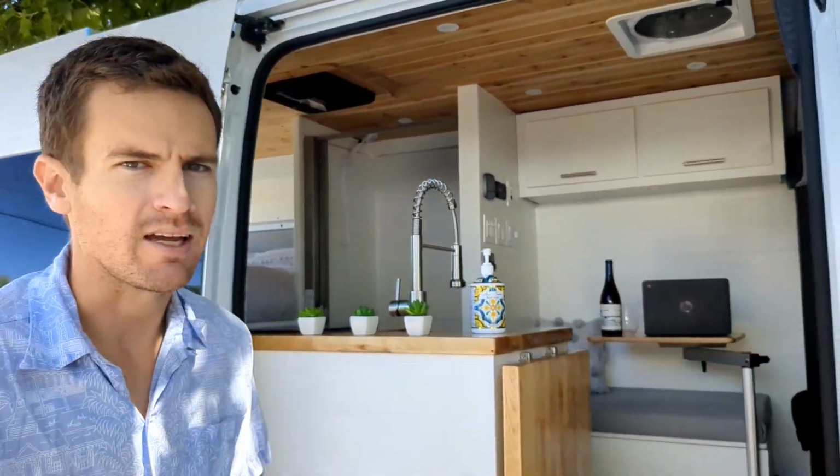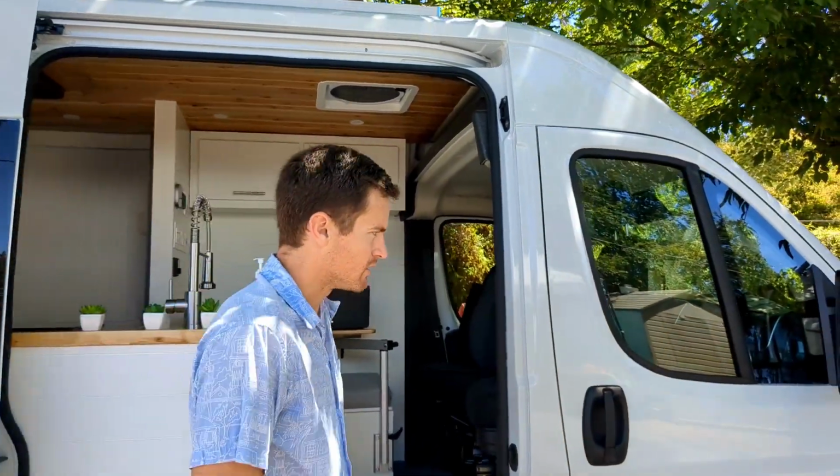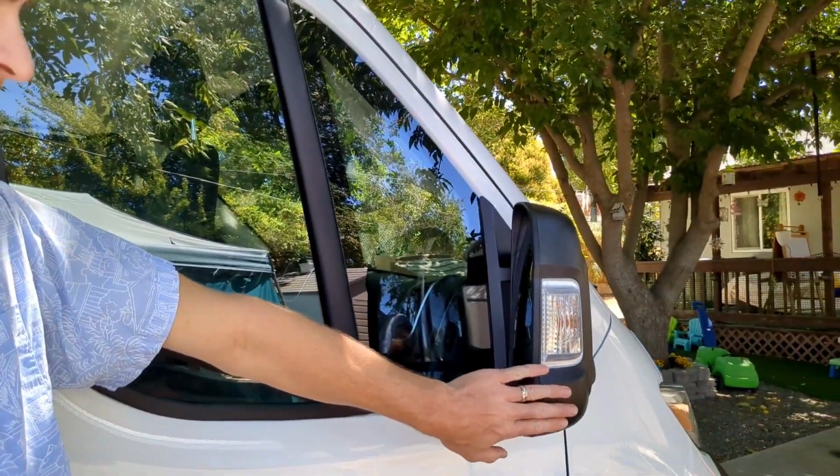Hi, I'm Chris, and thanks for checking out another RAM ProMaster that we have for sale. This is a 2025 RAM ProMaster 2500 high roof, and this has the SLT options package, which features lots of awesome upgrades. It has automatic folding power adjustable mirrors, heated mirrors as well,